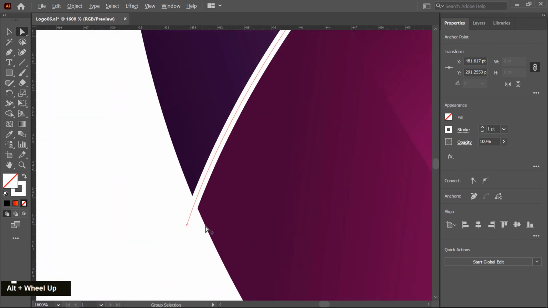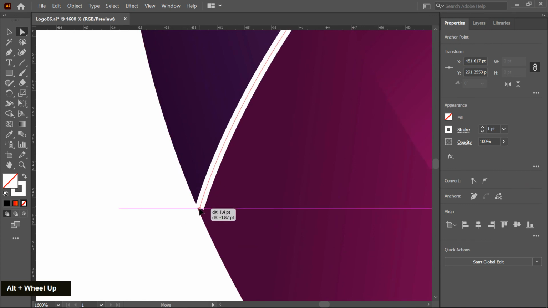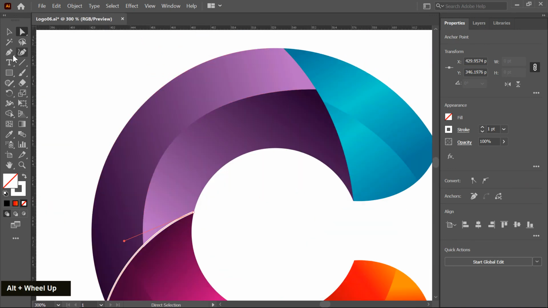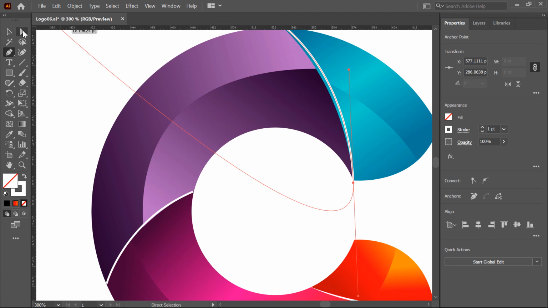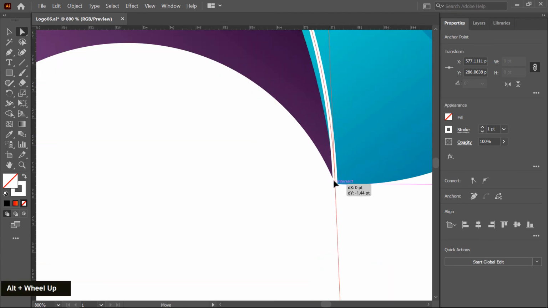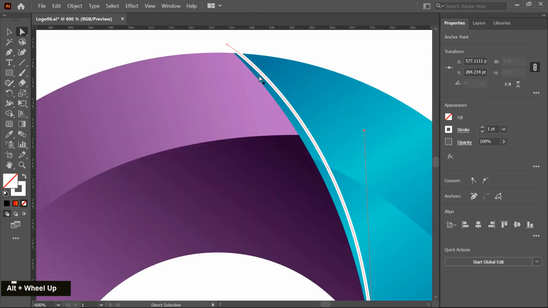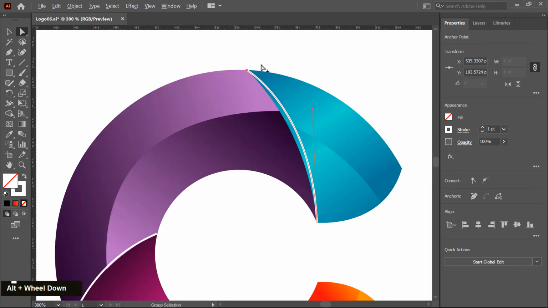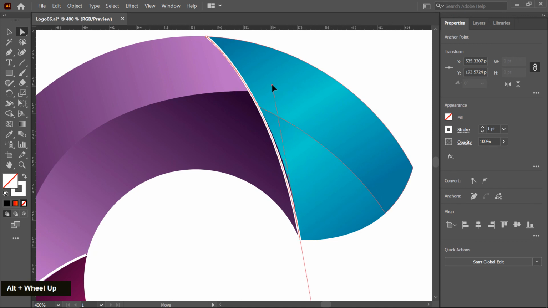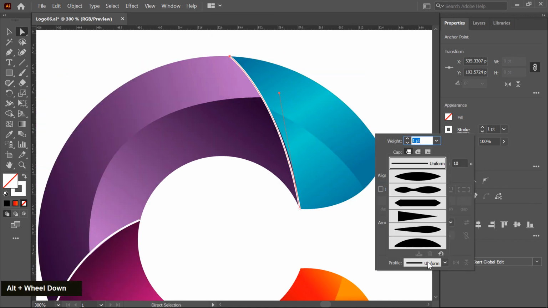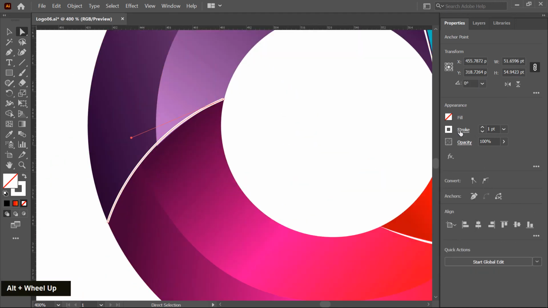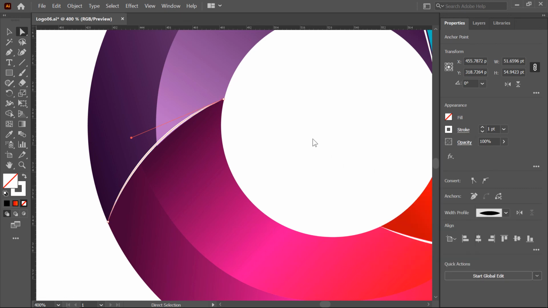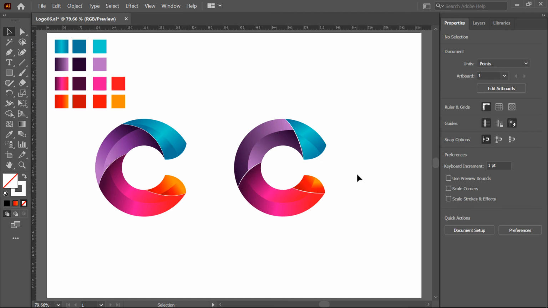Okay, and place these points in the perfect position. And change the stroke profile. Okay, I hope you learned the whole process of creating this logo.